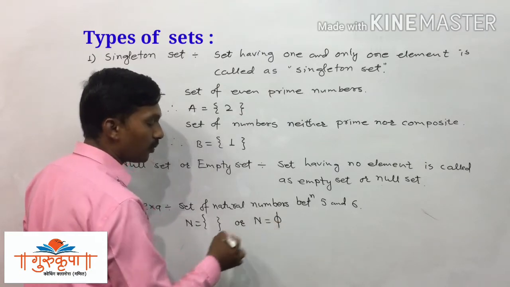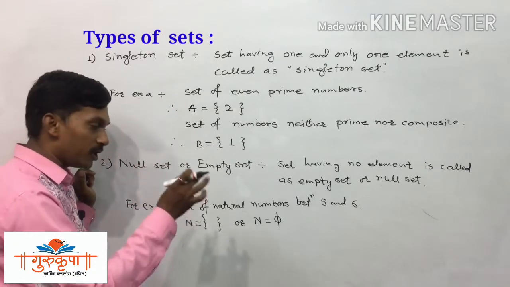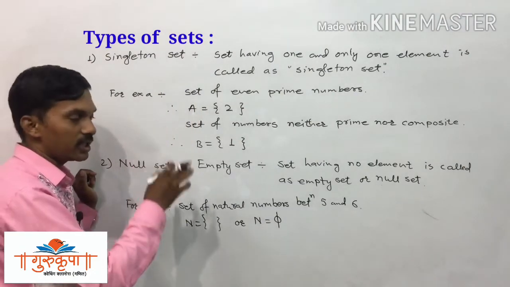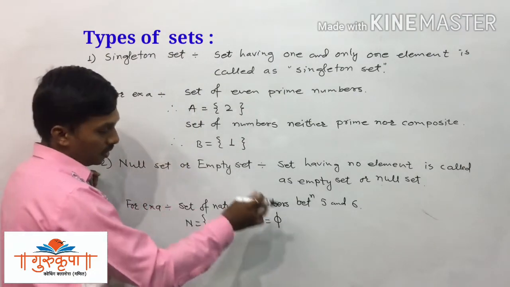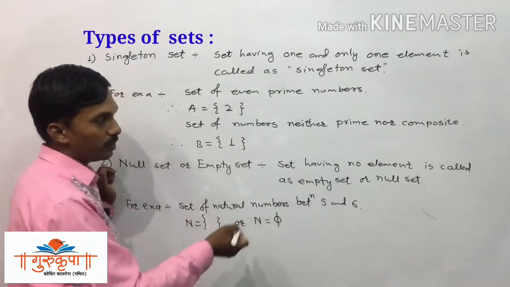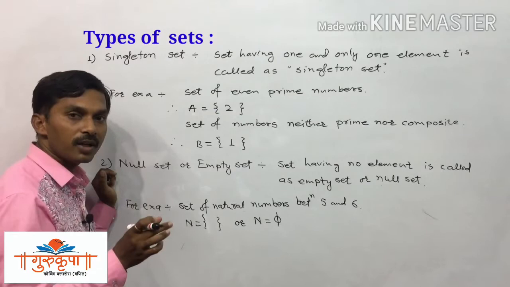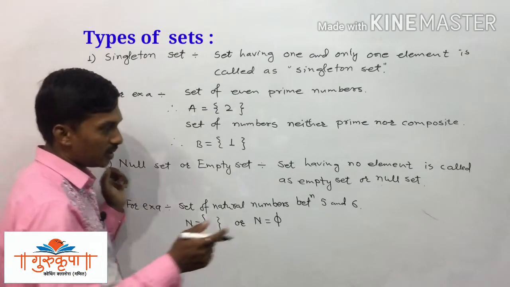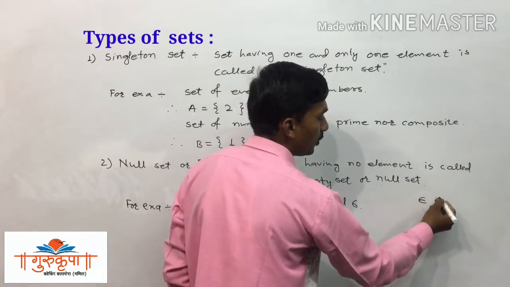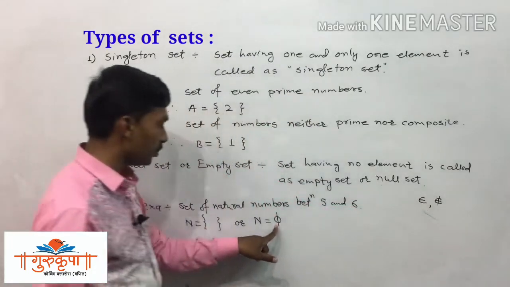See, this is the symbol of phi. I already told you to make the list of the symbols which we studied in this lesson. We have different types of symbols in this lesson. So many symbols we have to write here, we have to remember here. So this is, I think, the third symbol. Before this we wrote two symbols, that is the symbol of element of and not an element of. See, this is the symbol of element of and this is the symbol of not the element of. We studied these two symbols previously, and now we have one more symbol, that is phi.